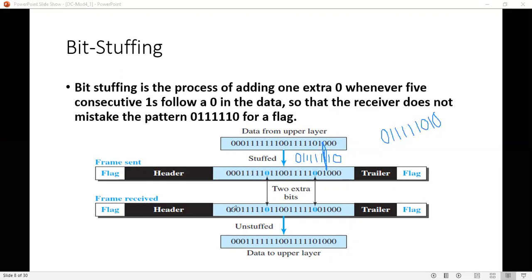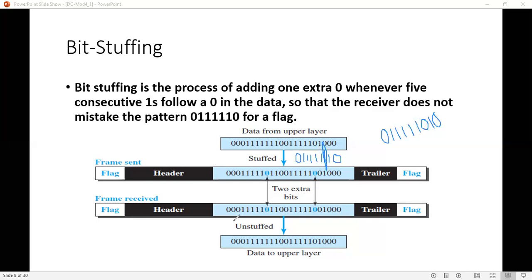At the receiver, as soon as it gets the frame, it will go on reading the sequence, and when it encounters a 0 followed by 5 ones, it will remove the next bit there.